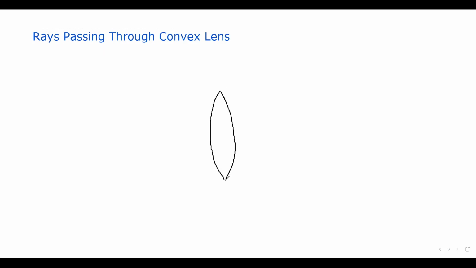So before you draw the ray, you should always label those points. Like, for example,